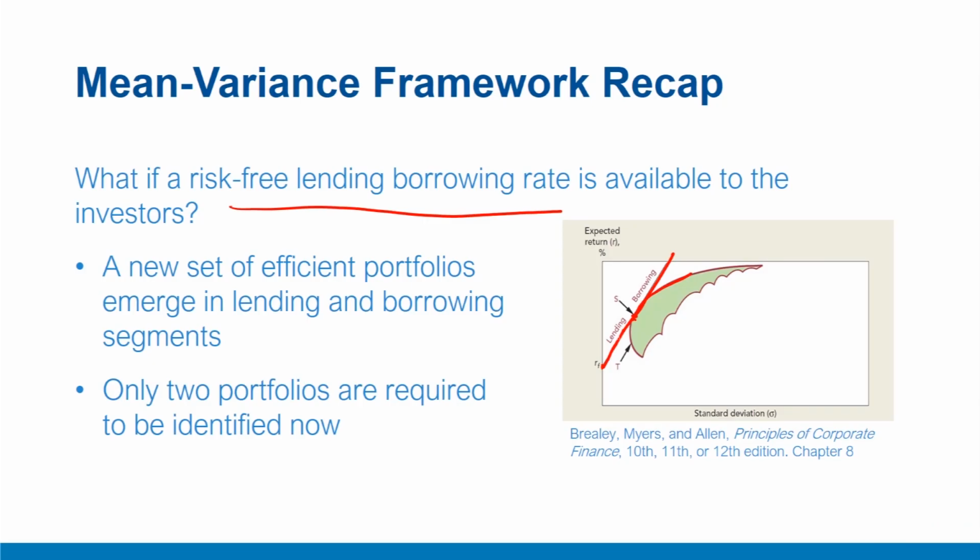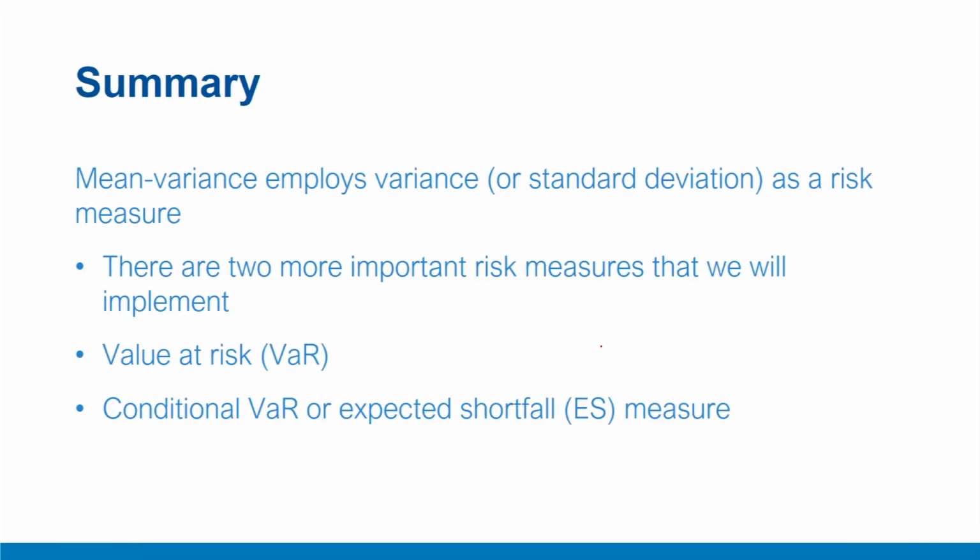We also noted that on the left, the RF to S segment is called the lending segment because any point on it, which represents a combination of available risk and return, can be obtained by mixing some amount of wealth in RF and the remaining amount of wealth in S. Let's say if you are investing 40% in RF and the remaining 60% in S, then you can obtain this portfolio segment, which is called lending.